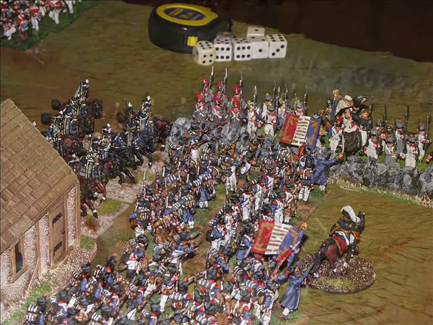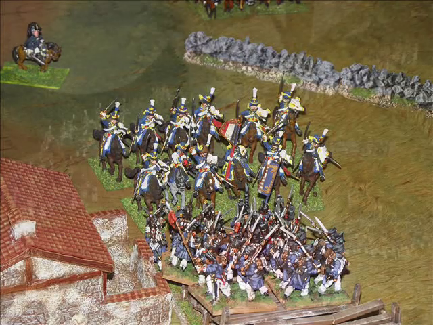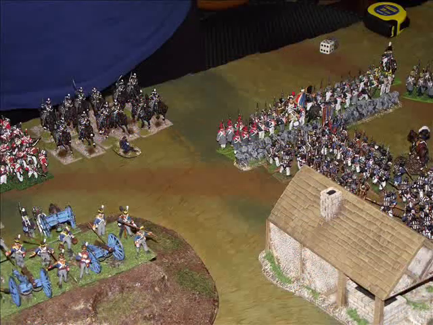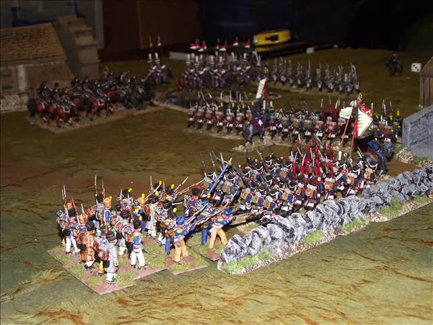some British cavalry have managed to catch some French in the flank, and some more hussars managing to catch another infantry battalion, which have managed to form square. Still got some infantry pushing over another one of the bridges. And here we see French infantry on the right hand side of the screen there, pushed over the bridge and